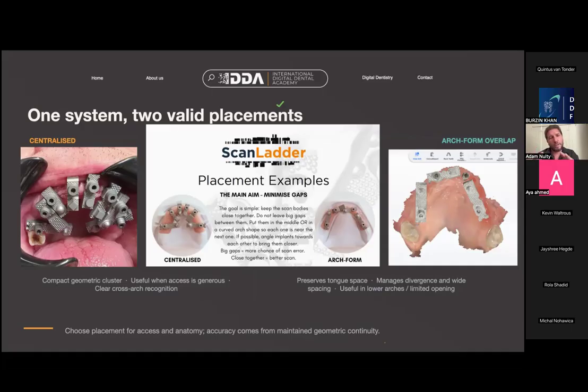And so what the idea of this is that the geometry and the notches that are individual, the shapes that are individual, the size of the holes that are milled out on the surface of those titanium scan bodies means that those scan bodies can be positioned not only centrally, but positioned around the arch if you need them to. Overlapped around the arch doesn't matter as long as it's minimizing the gaps. The main aim of any implant recording from this should be, if we cannot centralize, we minimize the gaps, we